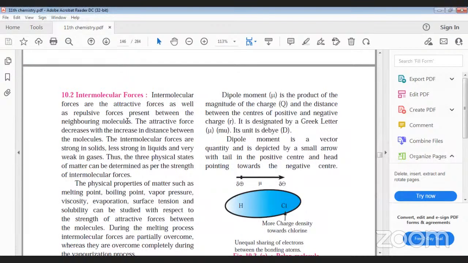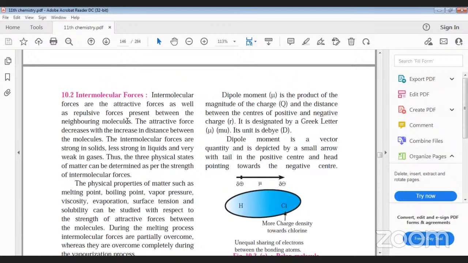Now, intermolecular forces are of 2 types: attractive forces as well as repulsive forces. It means when we say intermolecular forces, it's not only the attractive forces, but at the same time there are repulsive forces, because there may be a repulsion between like molecules,